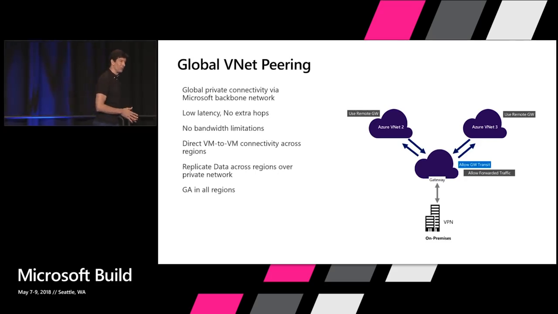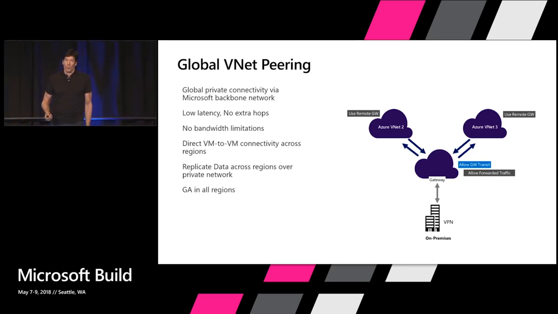Now let me show you another place where we've been innovating, and that is in being able to connect virtual machines in two different regions with each other with very low latency, very high bandwidth. Up to just recently, the way to connect virtual machines in two regions looked very similar to the way you connected a virtual machine to something on premises, through a gateway. You had to create gateways on each side and then send the packets through the gateways. These are software-defined gateways. So they introduced network hops in between them, which caused bandwidth constraints and also introduced significant